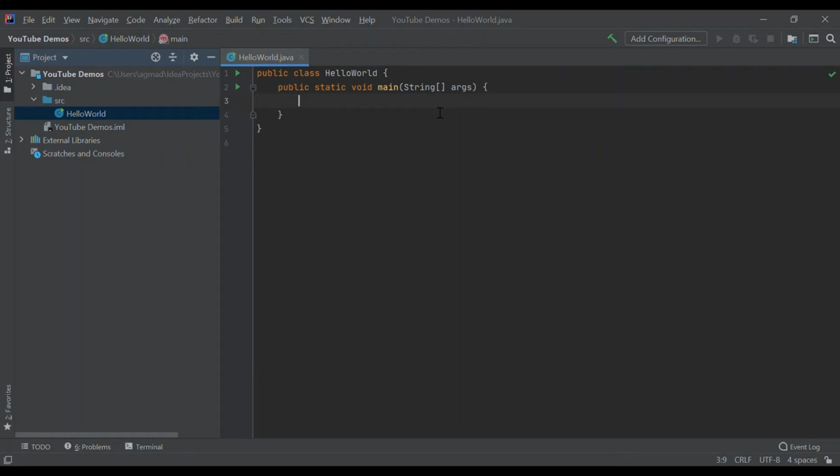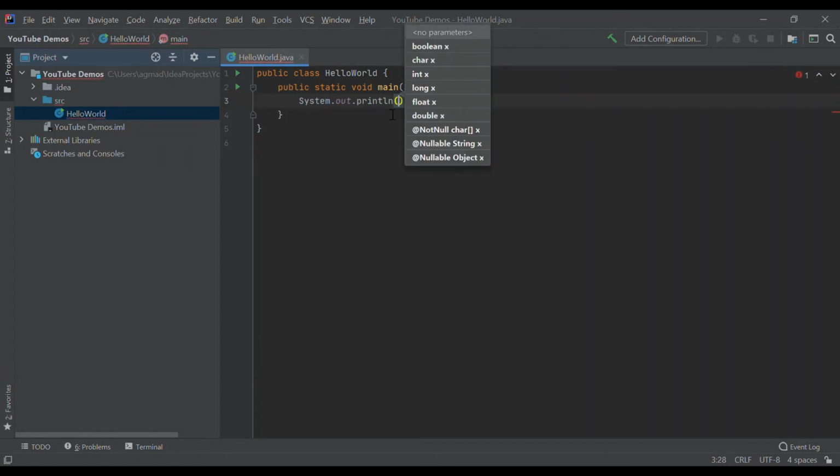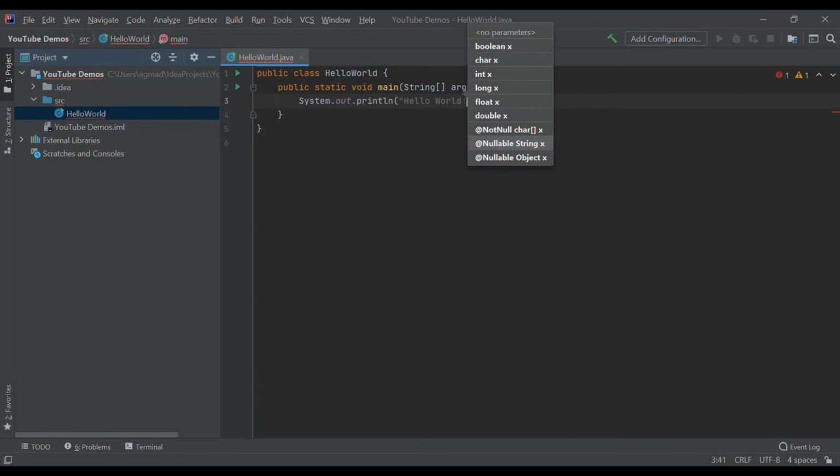Now we're going to write System.out.println, but it's just println, and then in quotes we're going to write Hello World. So that's all we need to write, and end it with a semicolon because that's how you end things in